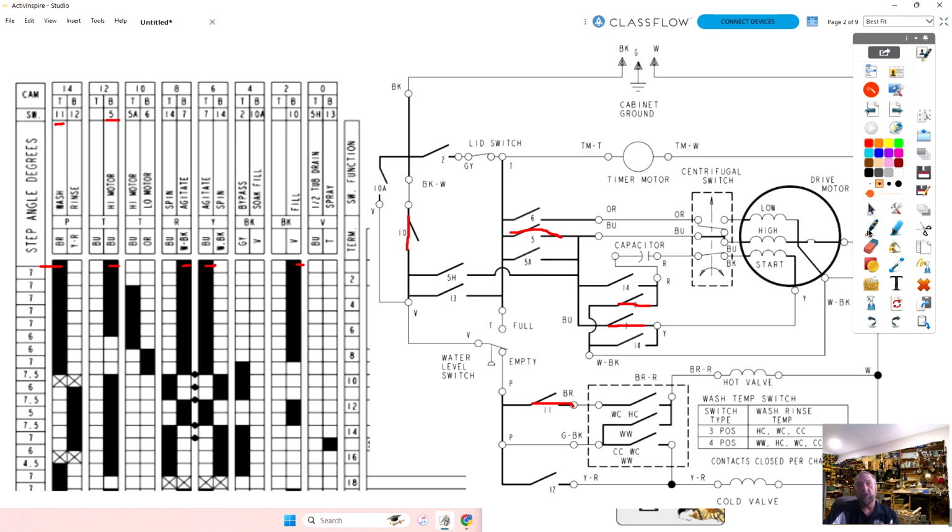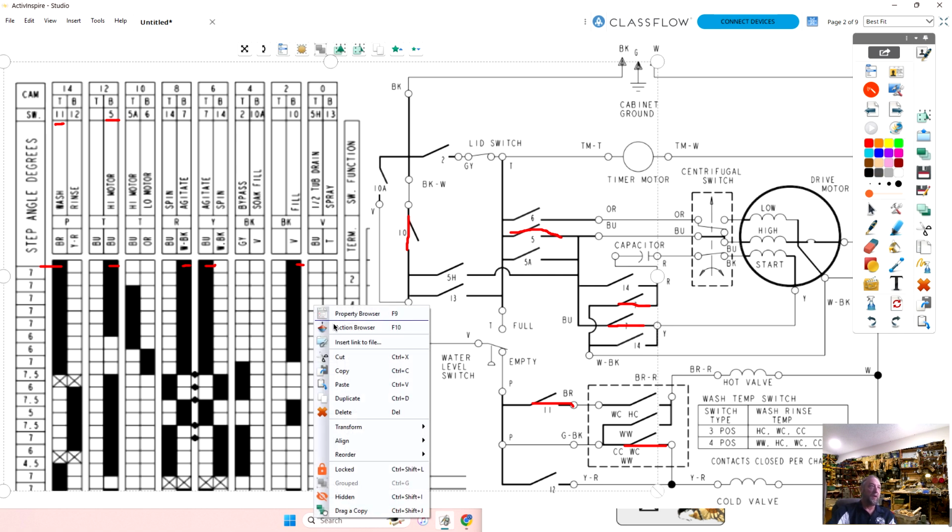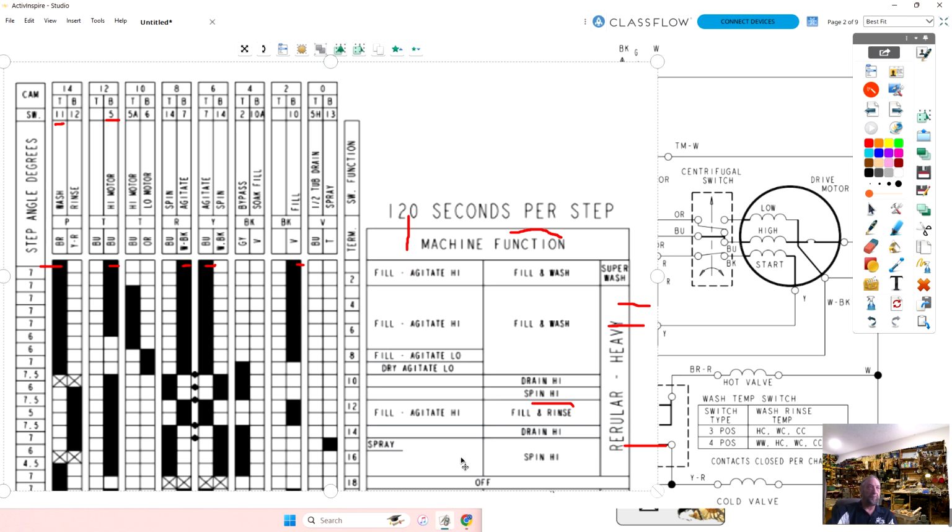What is the machine doing on the very first increment? Well, you have to highlight the circuit. Is the motor running right now? No, you're on fill. Okay, so let's take a look at this chart again. Like I said, I want to keep going back and forth to point things out to you. I'm going to bring it back to the front for a minute.